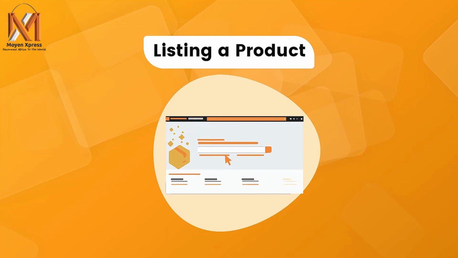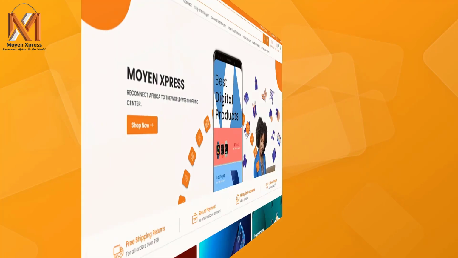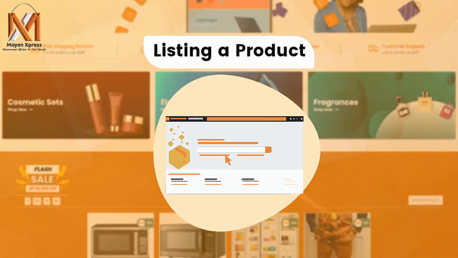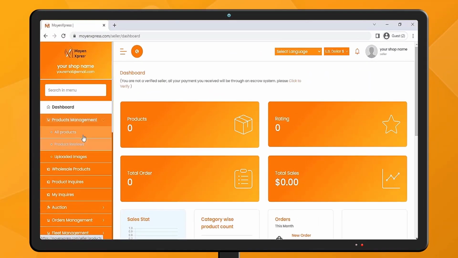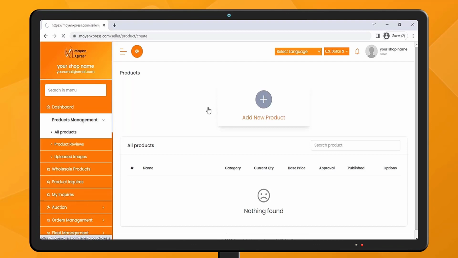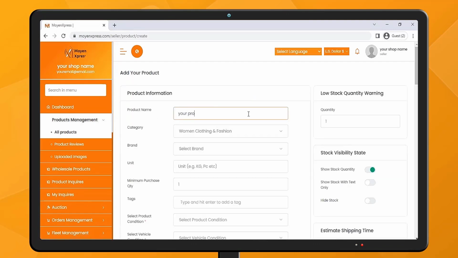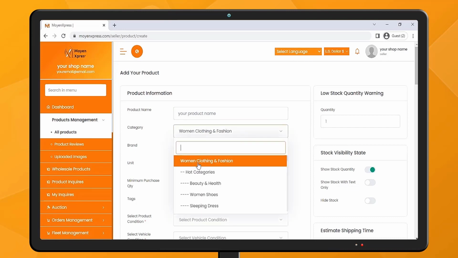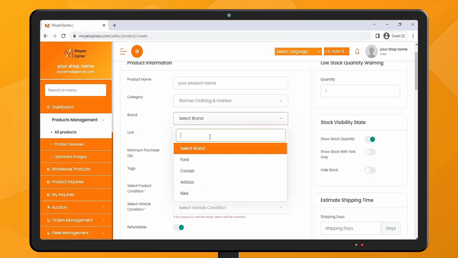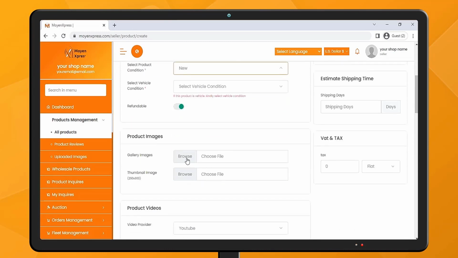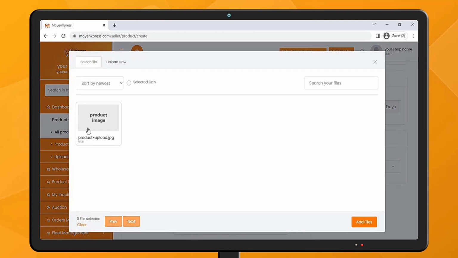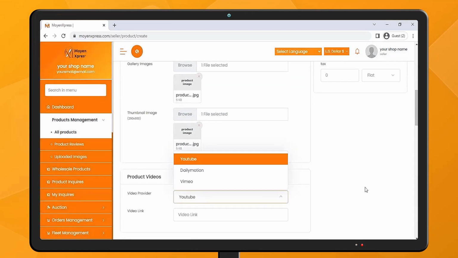Now that we've had a brief overview of the seller account, let's start listing your product. When we say listing your product, we mean adding your product for sale in the Moyen Xpress store. You can add your product in the Product Management tab by going to All Products and clicking on Add New Product. Then, you can enter the information for your product like product name, category, subcategory, brand, unit, minimum purchase quantity, tags, select product condition, select vehicle condition if your product is any vehicle, refundable, gallery images, thumbnail image, video provider, video link,